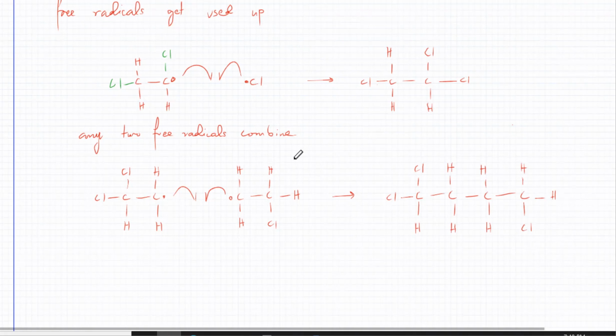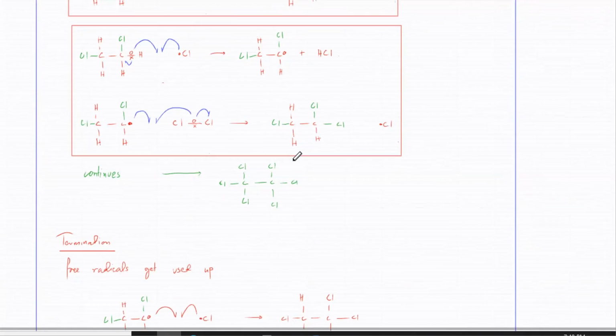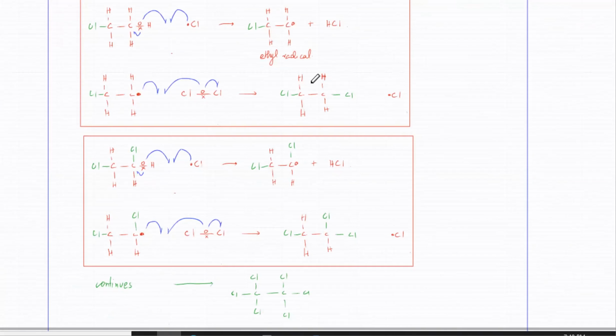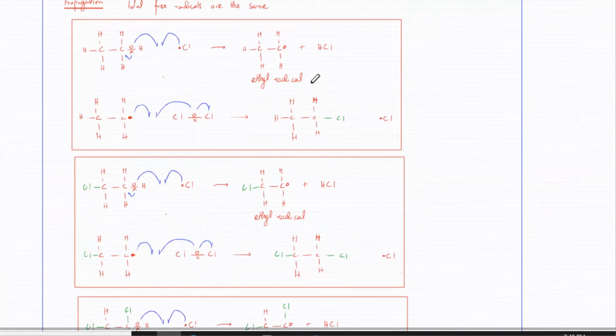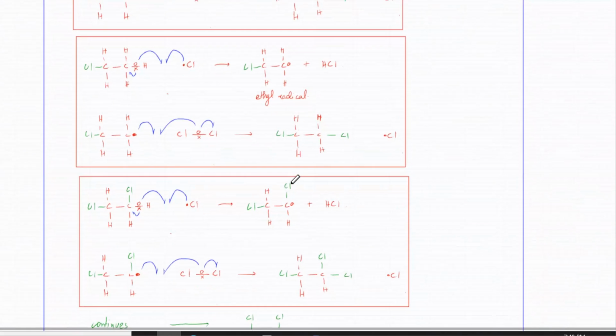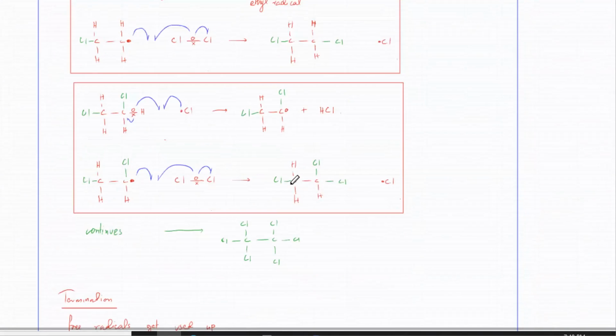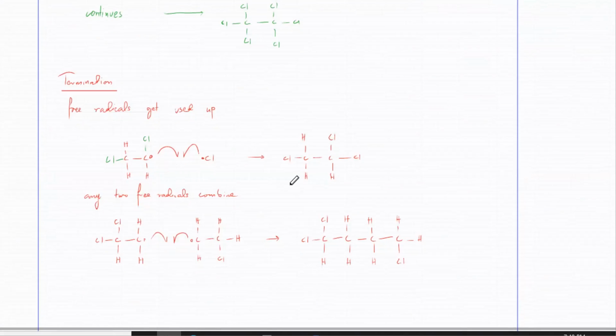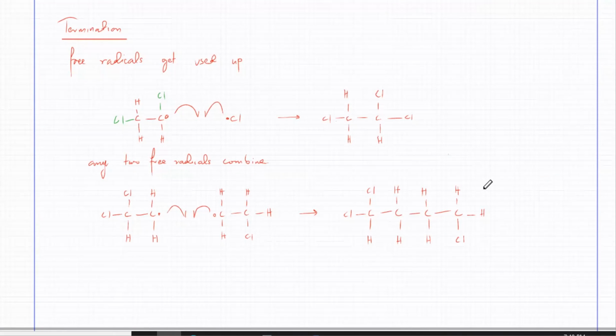Any two random free radicals, all the free radicals that were getting produced over here, all of them in all these multiple steps. I mean, this free radical could combine with some other free radical like this one. They can get together. So any two free radicals can simply join up, and you'll get these different compounds. Is this clear? Yes, sir. So just any two random free radicals.